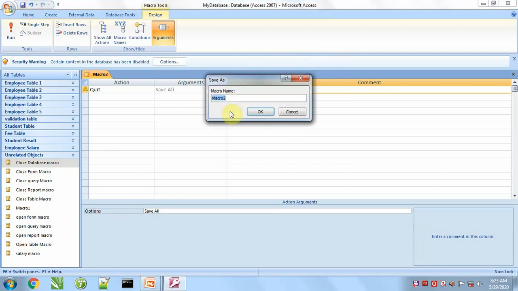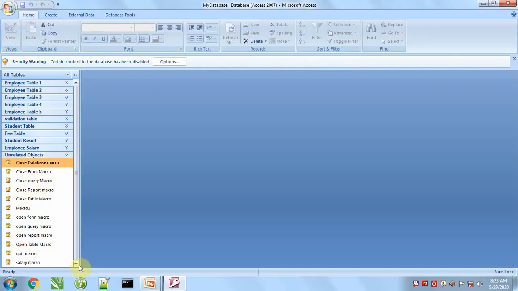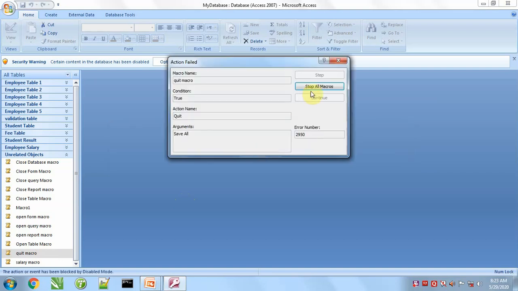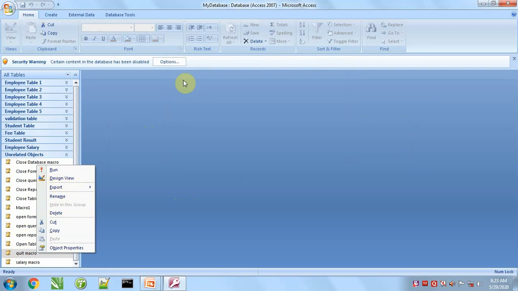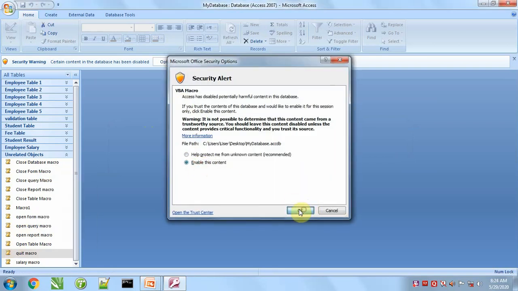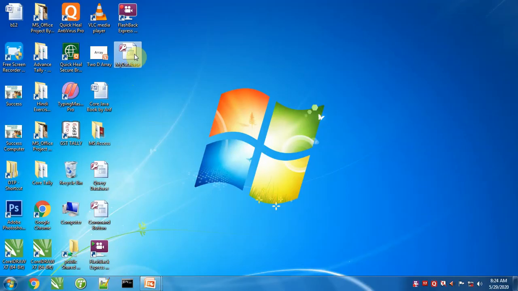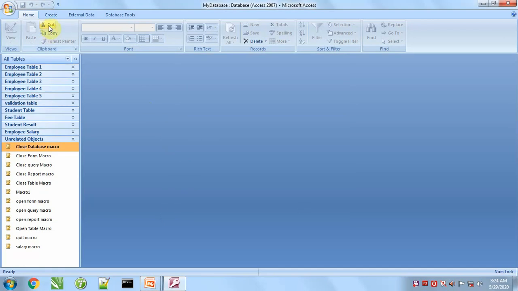With the help of it we can quit MS Access. We can look here, Microsoft Access has been closed. So with the help of quit macro we can close Microsoft Access.